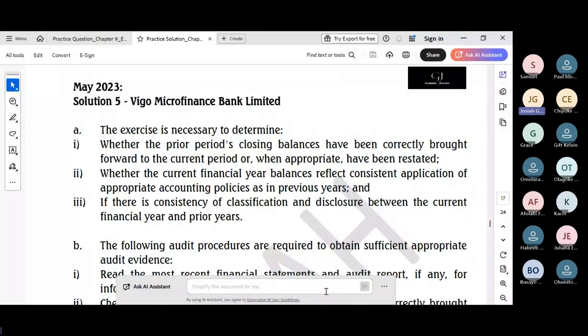So the transition of this bank to a commercial bank and identifying issues around the predecessor's file significantly raised questions for the new auditor. My general observation around this question is that it tests our ability to understand the auditor's responsibility around initial engagements, ISA 510. The CFO's complaint is directly addressed by the requirements of this standard. The prior period closing balance is very important for review and evaluation. The prior period closing balance must be the current period's opening balance, and it must be reliable. Don't forget that.